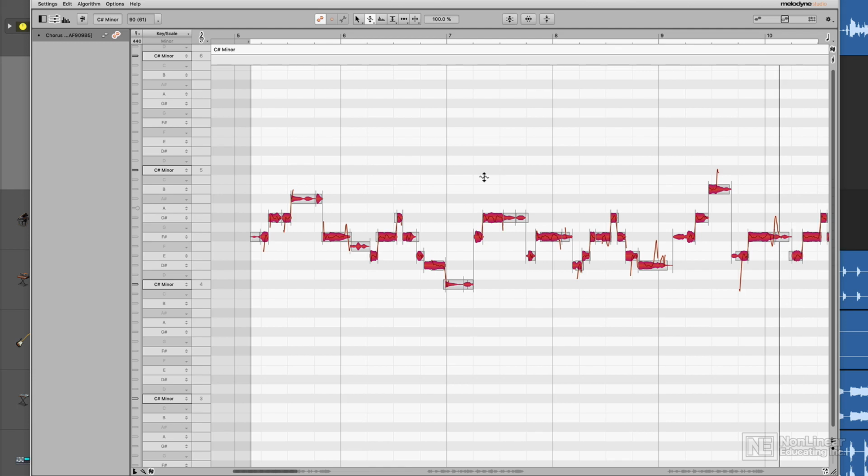Or I could do this less drastically. I can just click on the notes and pull down with the pitch modulation tool to pull out the vibrato,